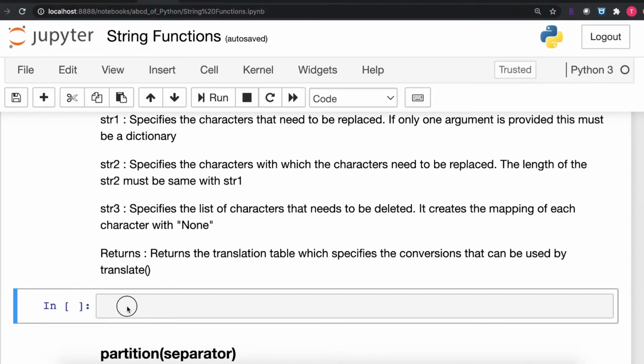So, let's take an example of a dictionary. If we take a mapping of A as the key and value D, and with a comma we take the character B mapped with character E, and again a comma, and we take the character C and map it with character F, and take an ad hoc string and apply the maketrans string function